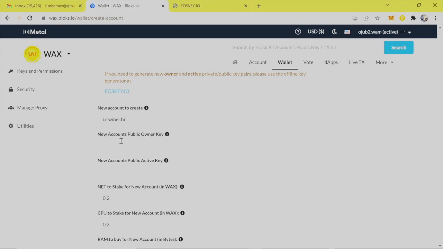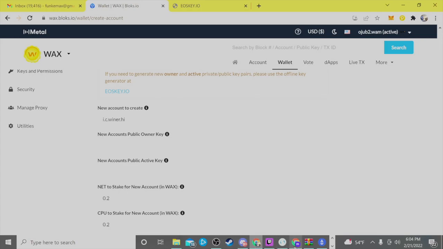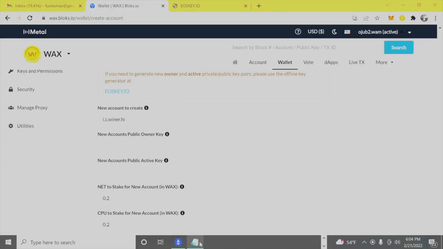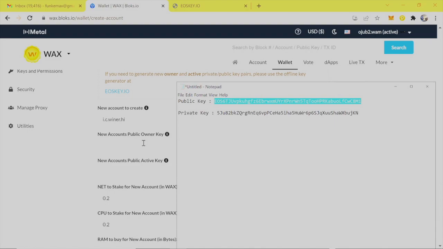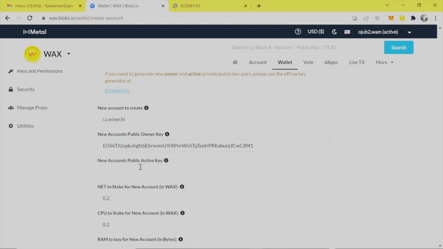And now it's asking me for the account's public key. So this is where we come back to the key pair that we just created, the EOS wallet address, basically key pair that we have, that we've copied into Notepad. So the public key side of this pair is the one that starts with EOS. So I'm going to go ahead and copy that and paste that over here into both the account active and